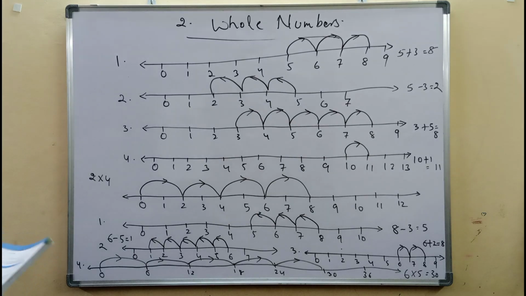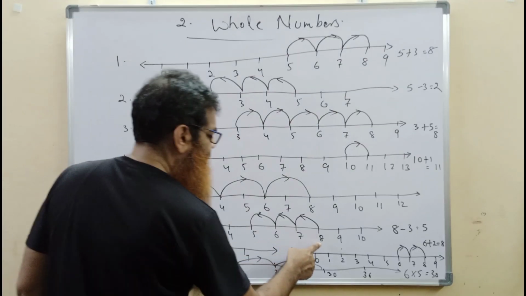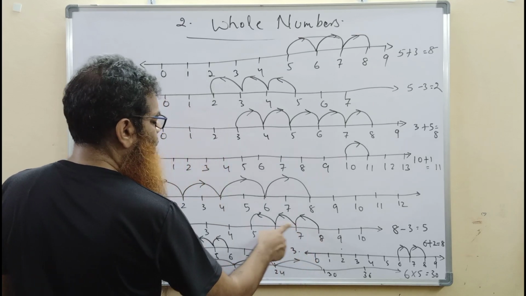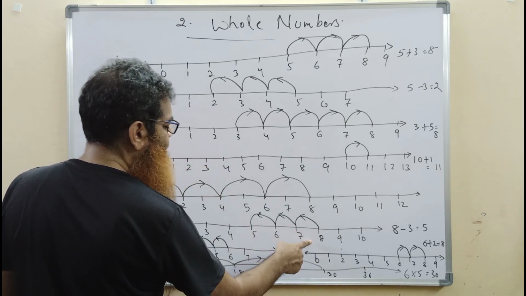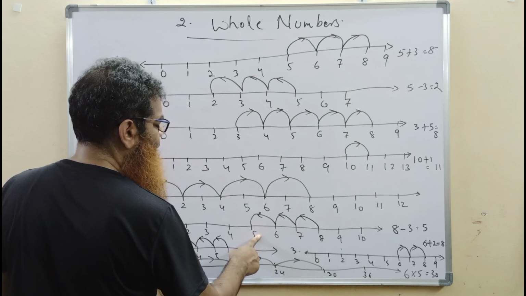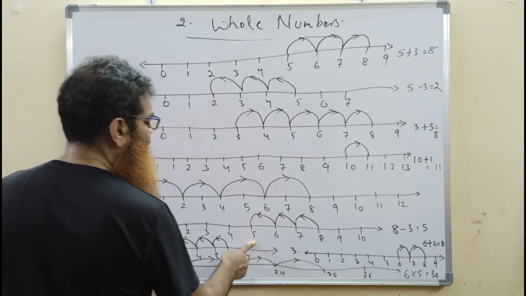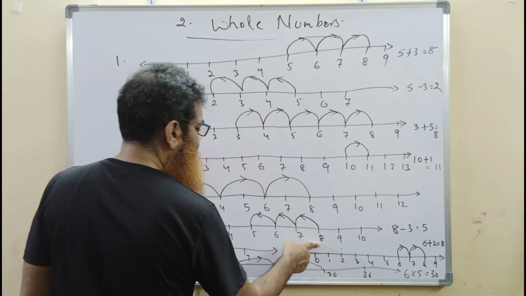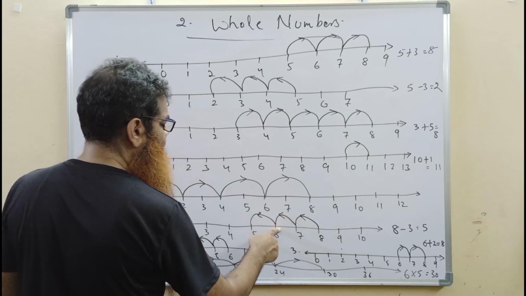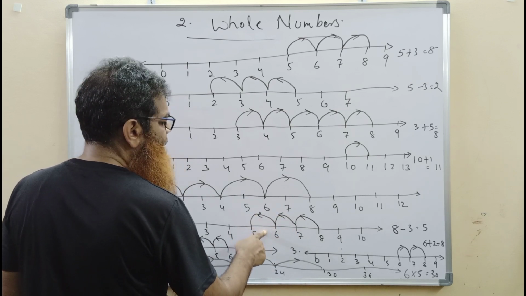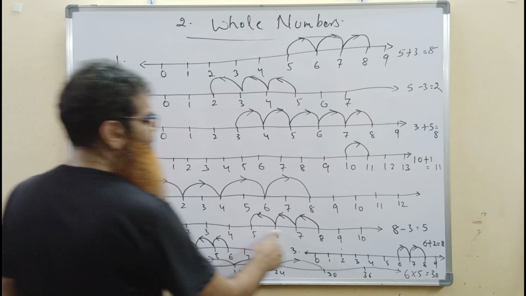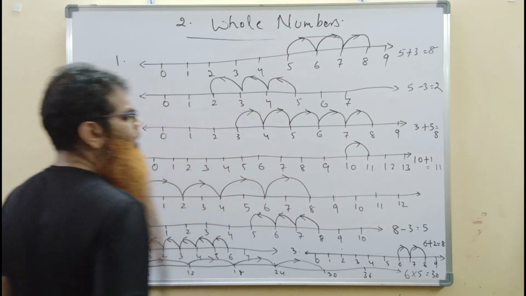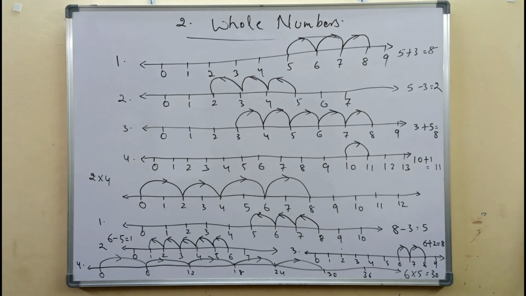Now in the try these, what number should be deducted from 8 to get to 5? We are starting at 8, we are subtracting, we want to get to 5. We would come to know what should be subtracted from 8 to get to 5 on the number line, which is lying on the left side of 8. From 8 we are going to 7, 7 to 6, 6 to 5. We are jumping 3 times on the left side as we are doing subtraction. So we need to subtract 3 from 8 to get 5.